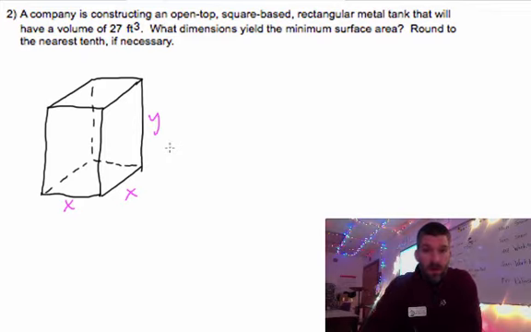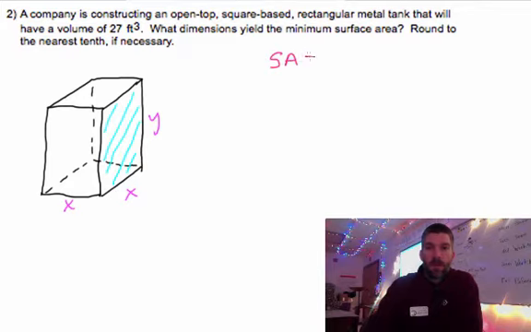So the surface area equation is the one we're going to take the derivative of. But when I look at surface area, if you look at this one side right here, the area of this one side is x times y. And there's 4 of those. So the surface area equation is going to be 4xy